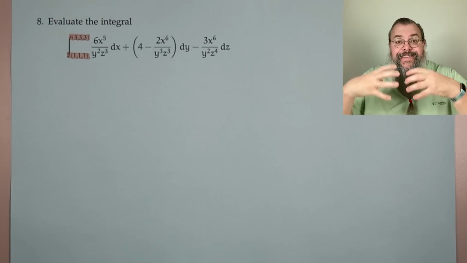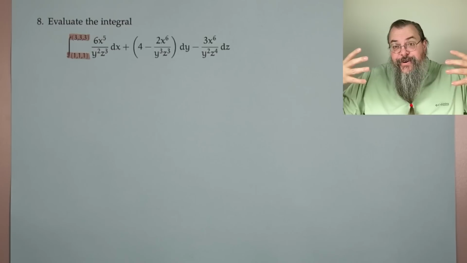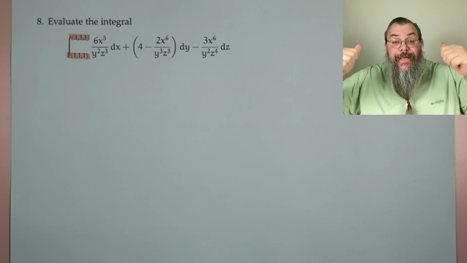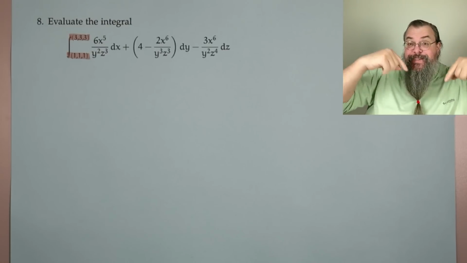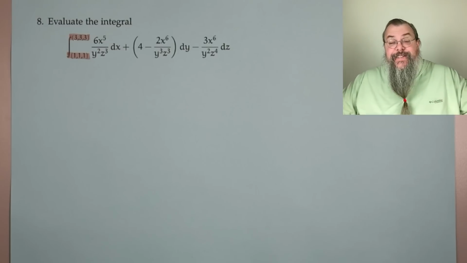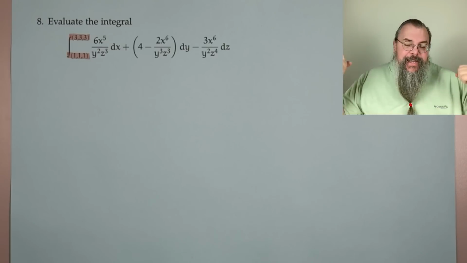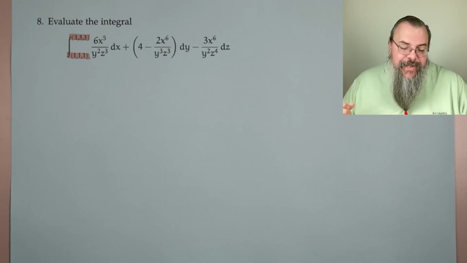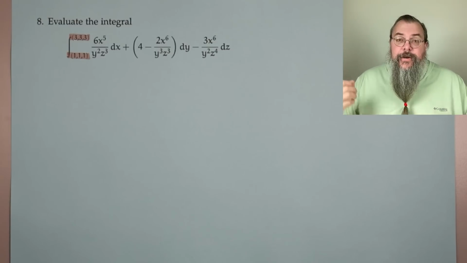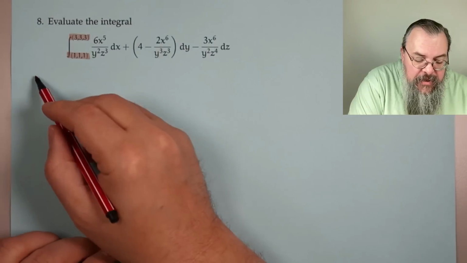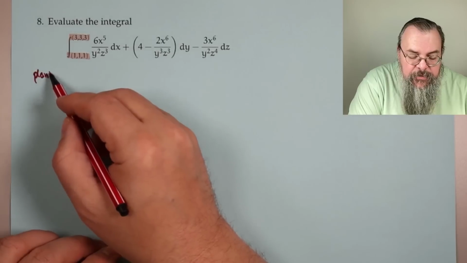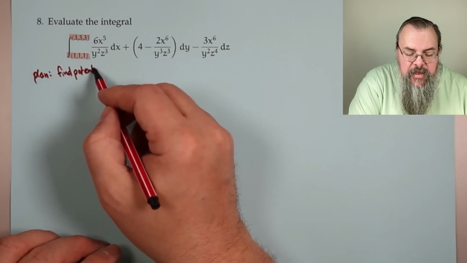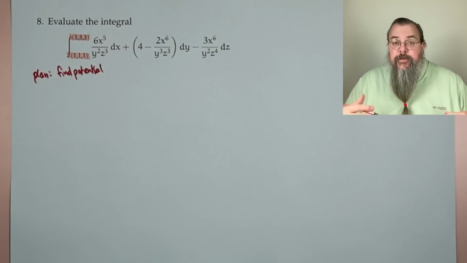Well, because it doesn't tell us, that says we can go anyway. Well, what does that mean? Curve independence means conservative, which means it's the nice kind, right? Yeah, so we're like, woohoo, this is the nice kind of integral. So we know our plan: we need to find our potential. Since there's no curve given, it must be that this is a conservative function, and so we have to